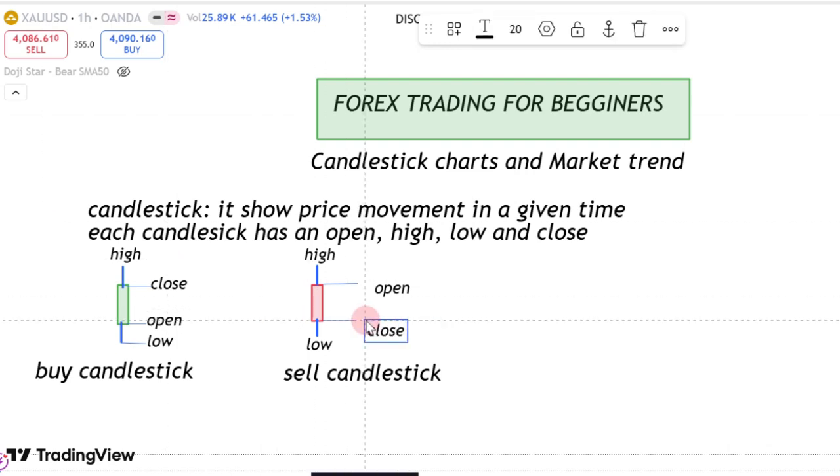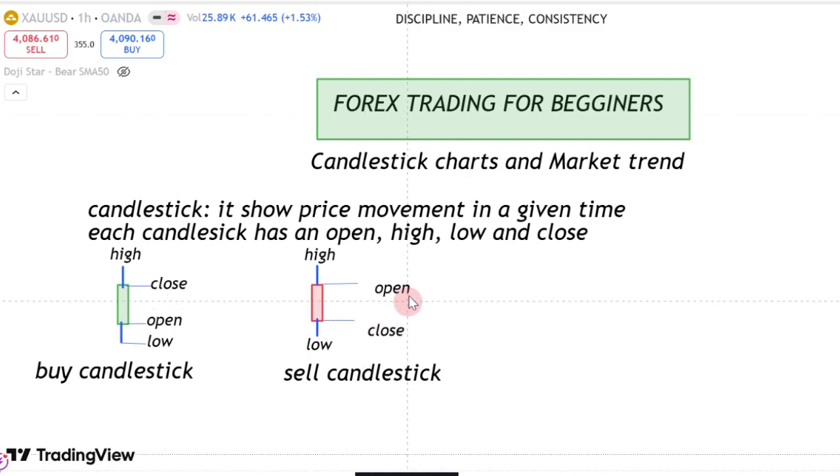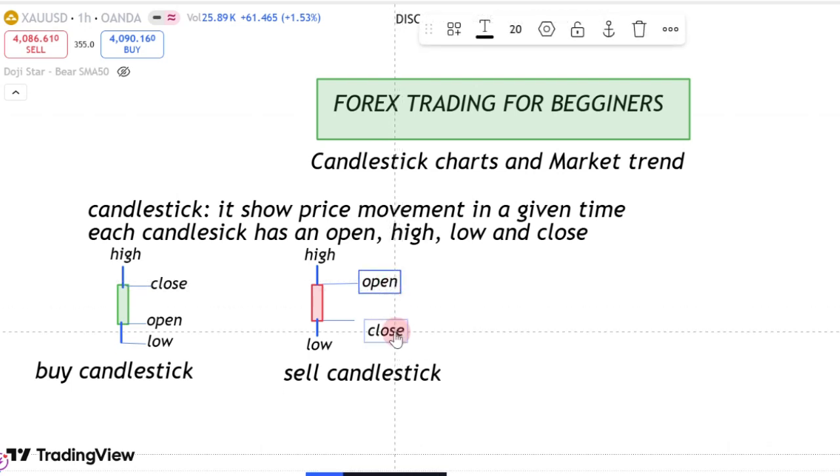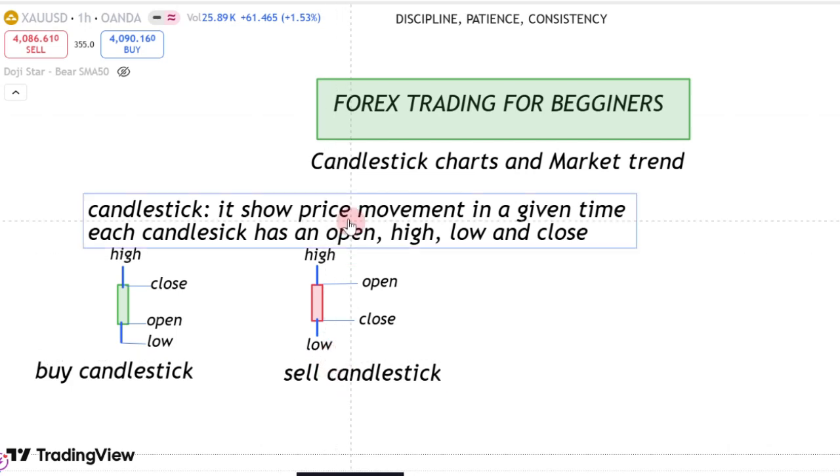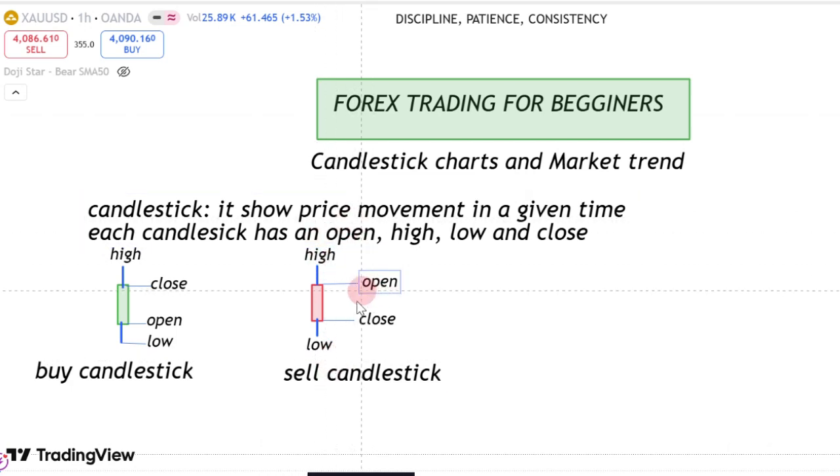And close here. I should do it. And it closes here. This is for the sell candlestick. The market opens here and closes here, with the same high and low, because this is the low and this is the high. So this is what you use to